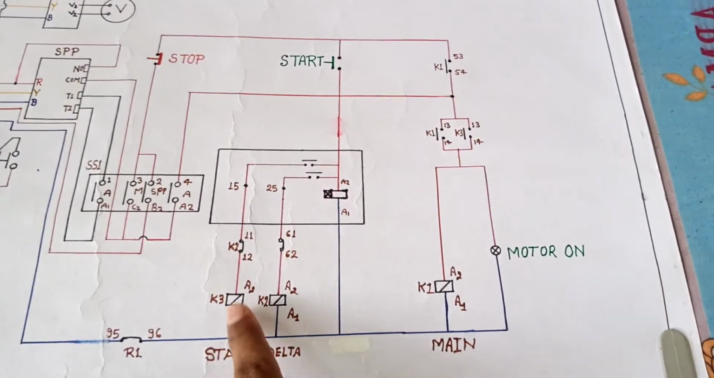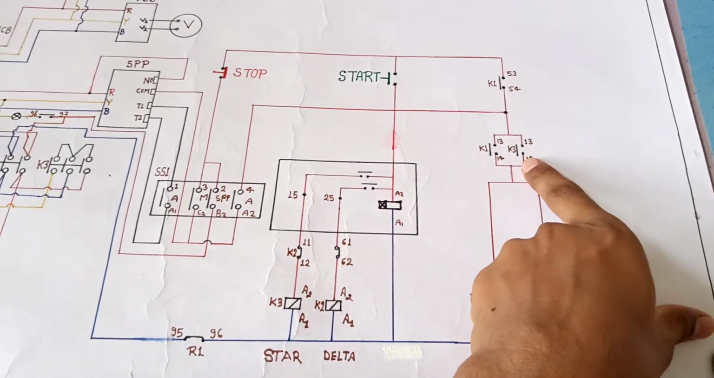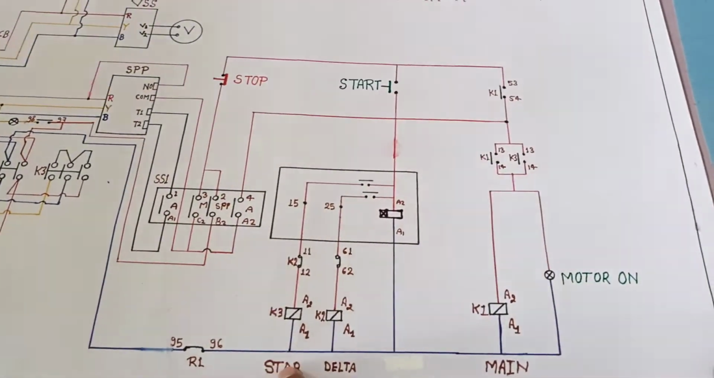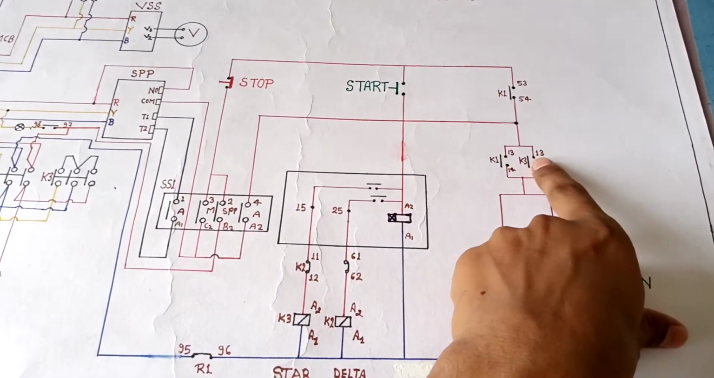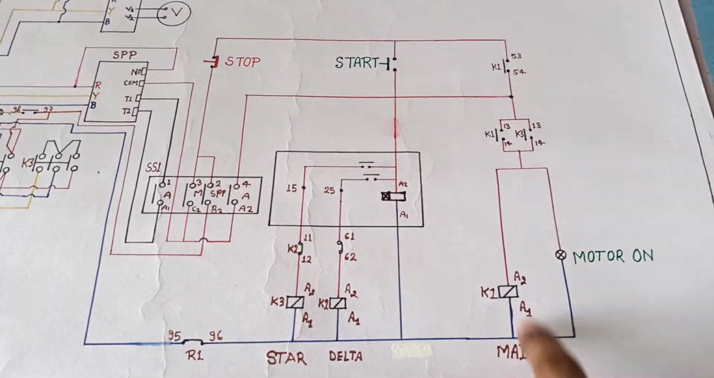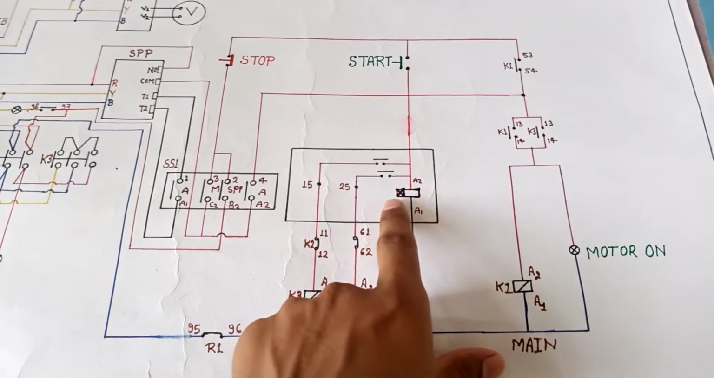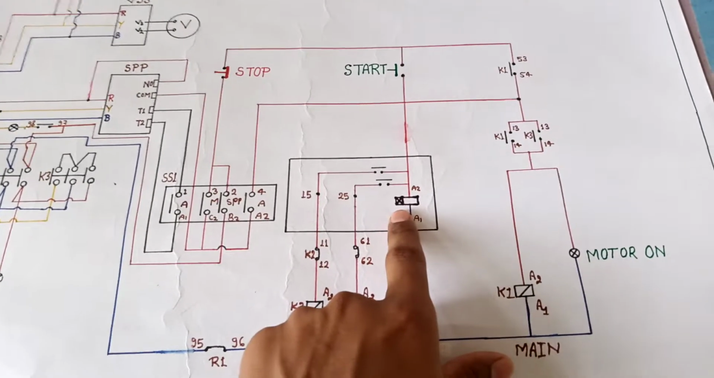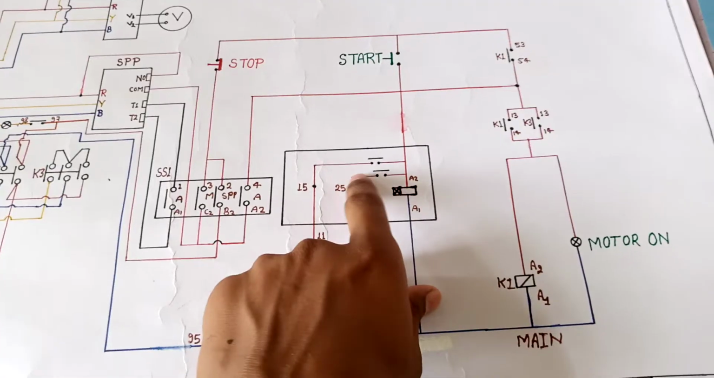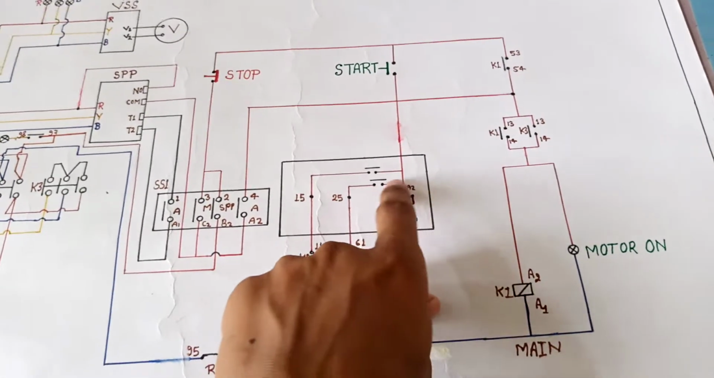when this contactor is closed, and this is the add-on block of the star contactor. When the star contactor closes, then this terminal also closes. Now our main contactor also closes and the motor indicator turns on. This time we selected the timer, then our supply comes here. After completing our